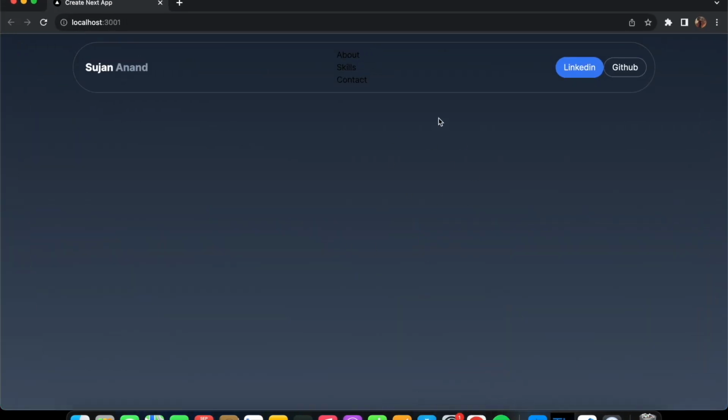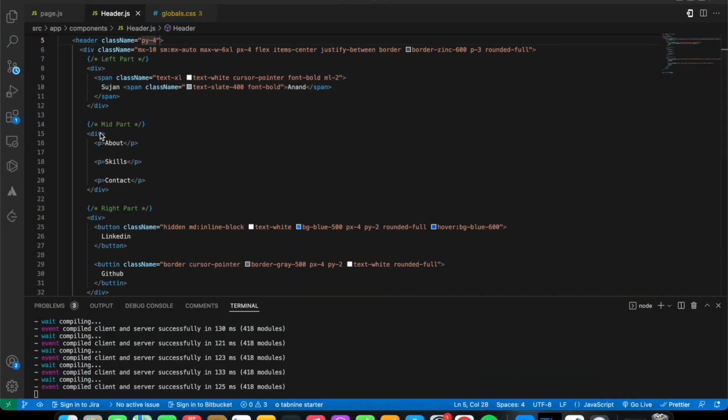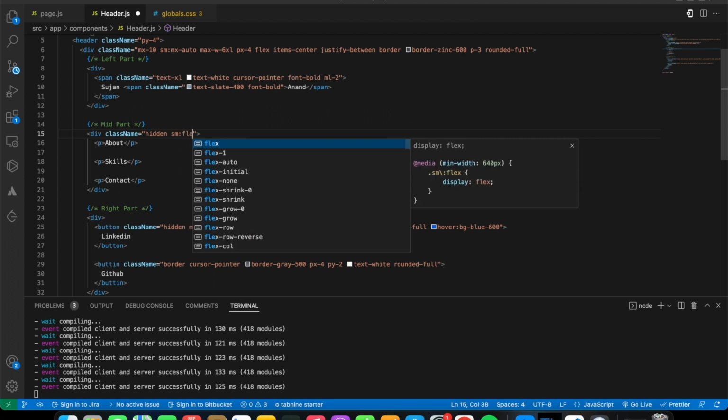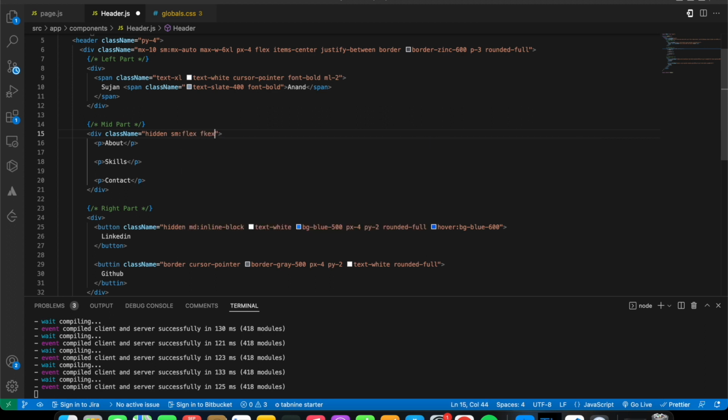Okay, that's looking fine. So we need to design this part now, that is the middle part. So let's go over here. Here I'm going to give the class name. Basically I want it to be hidden in the small screens, that is in the mobile screen. So I'm going to give hidden, that is the default styling that's going to get applied to the mobile screen. From the small screen onwards, I want it to have flex. So I'm going to say small screen flex, flex of row,